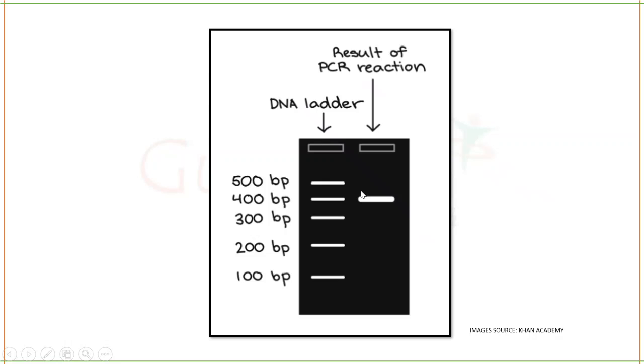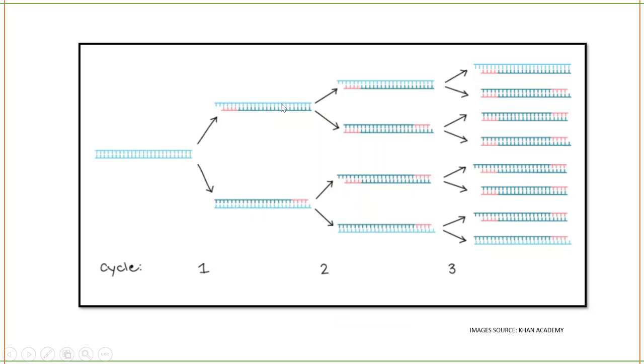So the result of the PCR reaction, after you have made this reaction, you cannot see anything. It will simply look like water in a microfuge tube. You cannot see anything. So what you have to do is take that sample from the microfuge tube and run it in an agarose gel electrophoresis, to see if your sequence has been multiplied or not.